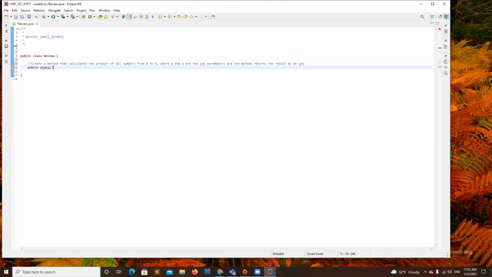What should be here after this? int. And then product all nums between. And then the parameters should be int A and int B.